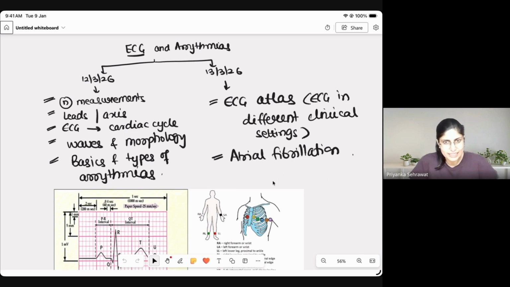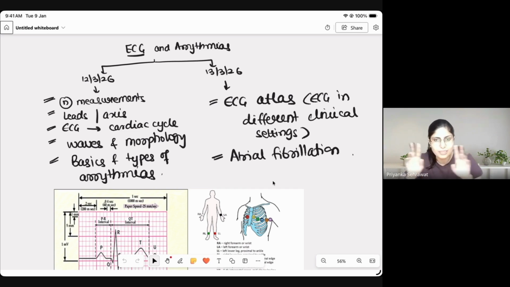Right. So let's start with ECGs. I have divided ECG and arrhythmias into 2 days. What we'll do today is learn all the basics: why we are getting these kinds of waveforms, how arrhythmias happen, what exactly the arrhythmias are, and how to figure out from ECGs what arrhythmia is happening. All of that comes with the basics of ECG only, so I've clubbed that in today's class.